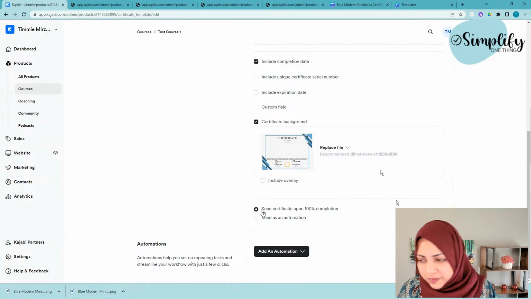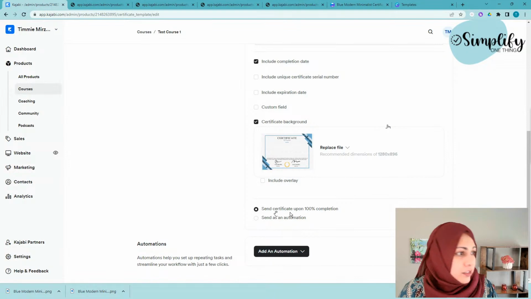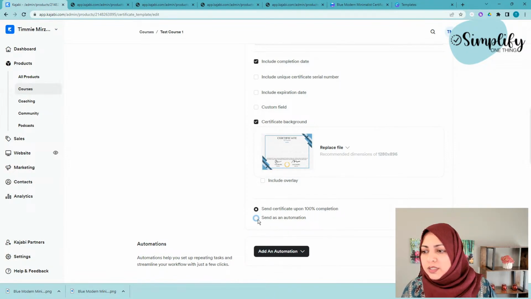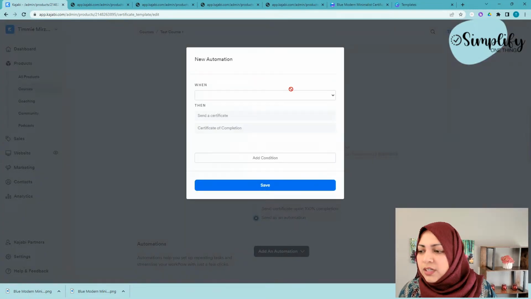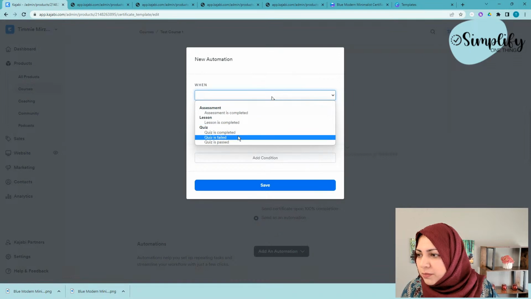So we briefly talked about having two different options here. You can send the certificate upon 100% completion or send as an automation. If you're going to do that, here are your choices, right? You say lesson is complete, quizzes,